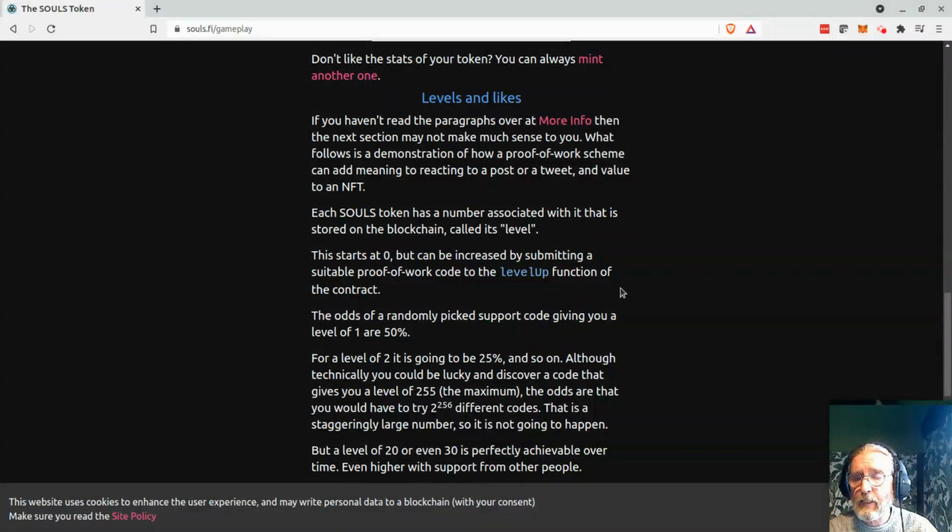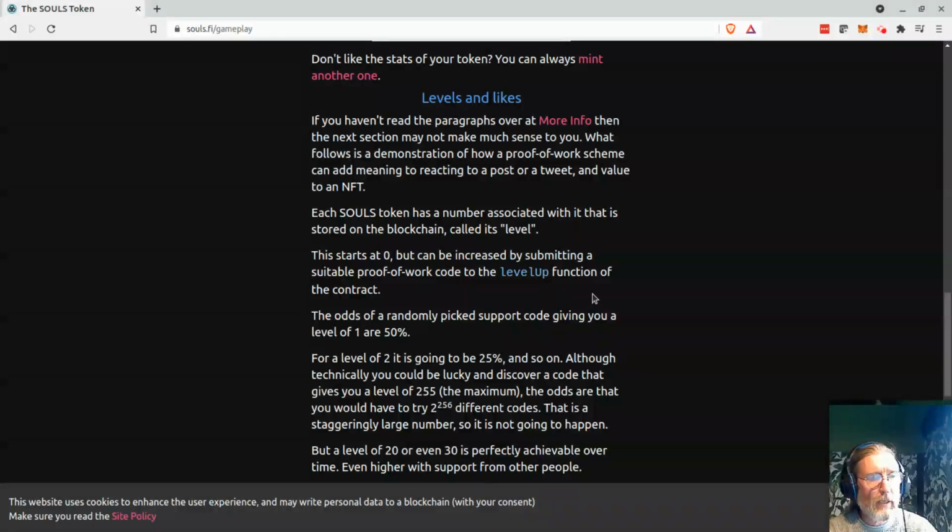And inside the NFT contract, there's a proof of work verification. It performs a bunch of hashing similar to what happens in Bitcoin proof of work. So it hashes the 256-bit number you provide with the soul of the token, and then it counts how many ones that number starts with. And the more ones you get, the higher the level of the token.